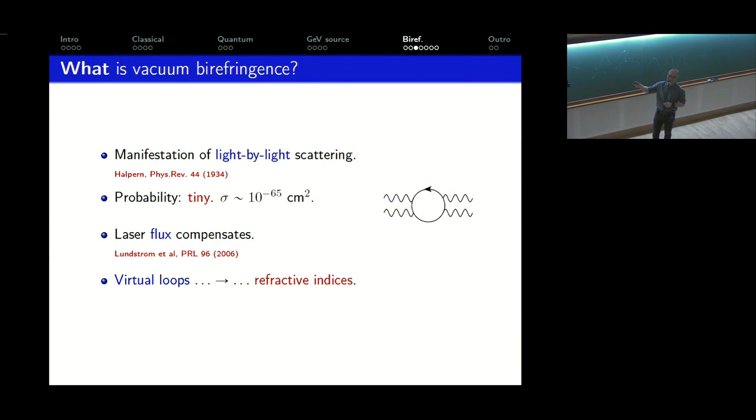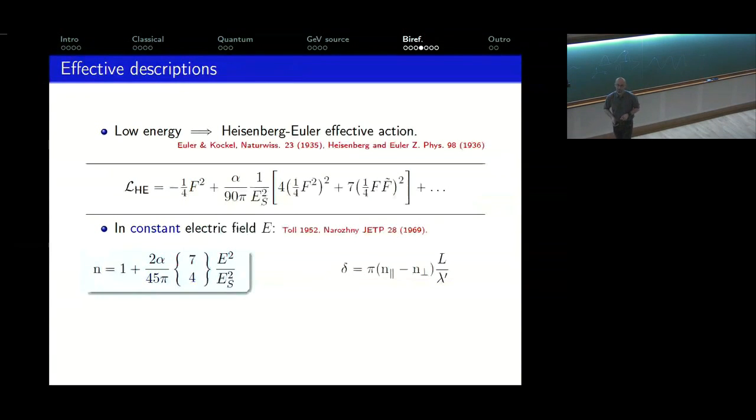And these virtual electron-positron loops in the vacuum effectively conspire to generate refractive indices of the vacuum, just like a birefringent crystal has refractive indices. You can derive an expression for these indices using Euler-Heisenberg effective theory. This is just a low-energy effective theory of QED, to integrate out all the fermions. All that's left is a Lagrangian describing classical Maxwell equations plus quantum corrections. Here's the Schwinger field appearing again. Alpha is just the fine structure constant, 1 over 137.